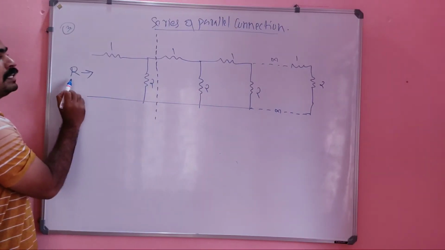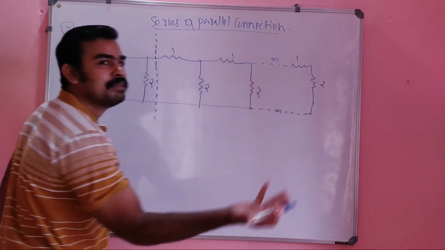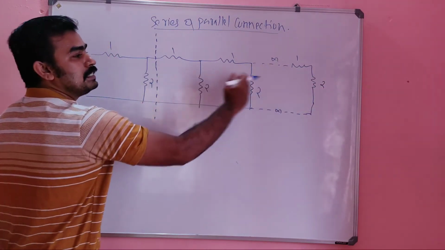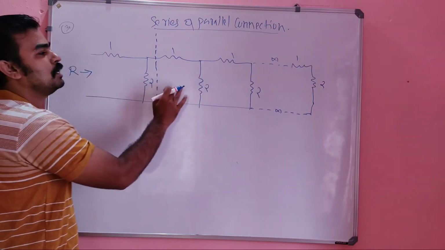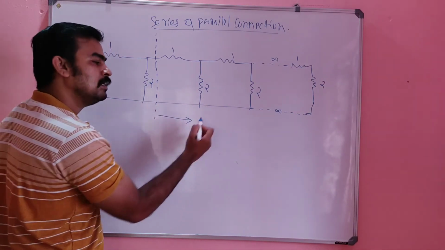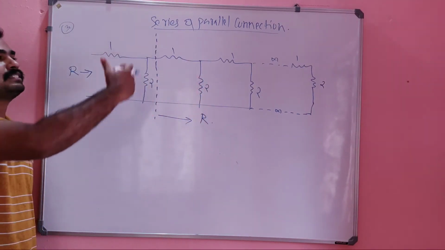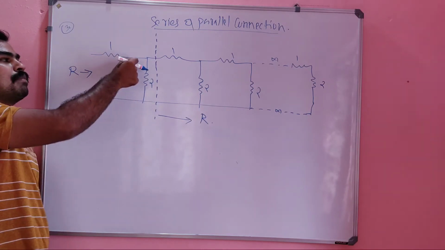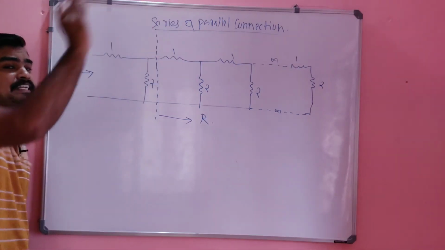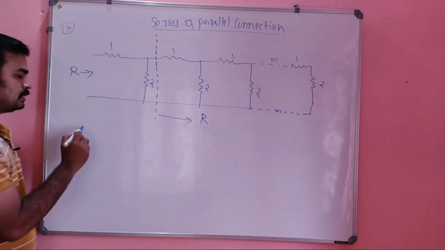So I am considering the total resistance when viewing from here to here, it is R. I cut this portion and what will be the effective combination? From infinity up to infinity this is repeating. I cut a small portion, then also this value can't alter. So from here to here, this value also is R. There is no change because up to infinity this combination is repeating. Taking a small portion 1 and 2 from the whole will not affect the whole value because it is infinity.